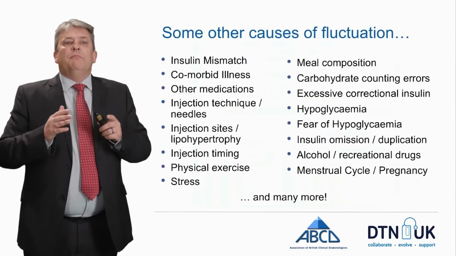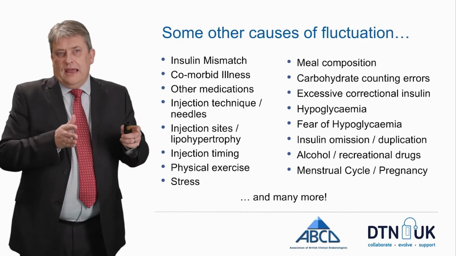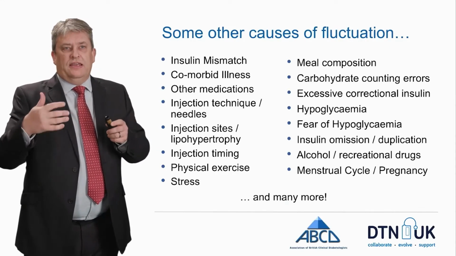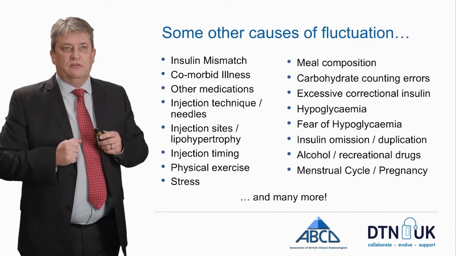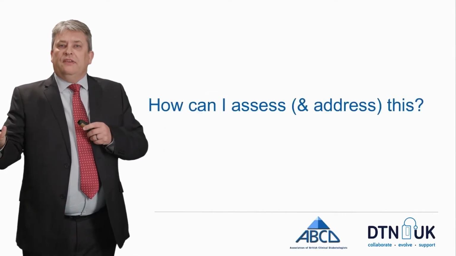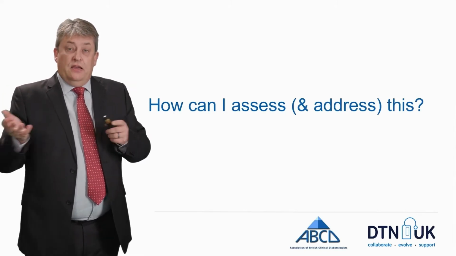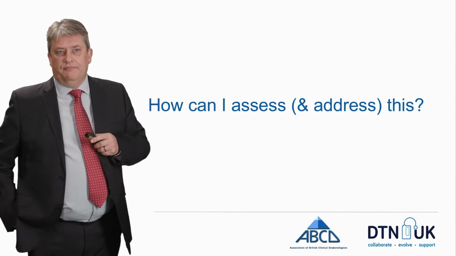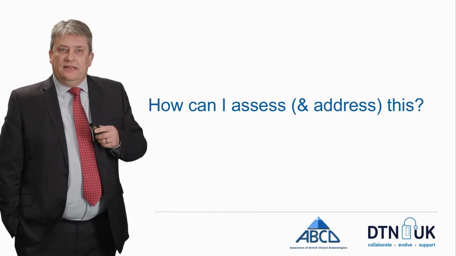And of course, there are many, many causes of glucose fluctuation that may happen on an individual day. This is just a short list of those, and again, I think you'll look at these in more detail in some of the other modules in this series. So, that difference from one day to the next, how is that easiest assessed? And of course, long term, with the goal of trying to reduce that variability. Effectively, a plan needs to be made.